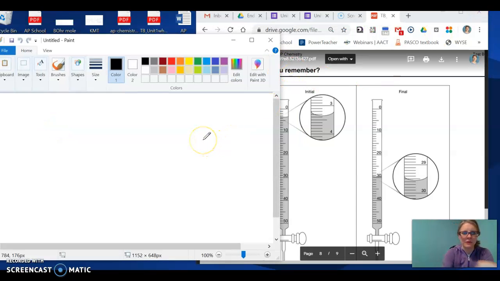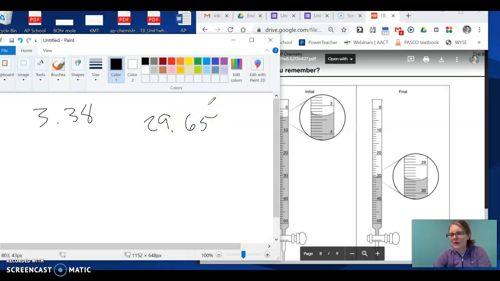Okay, so if I look at the first burette, I'm thinking it's about 3.38 or something like that. The other burette over here, I can see it's at 29 point, not 6, not 7, between, there's 0.65. Now I know that it's 0.6 something because I have a mark for 0.6 and I have a mark for 0.7, so I'm saying it's in between there. So now if I want to subtract the two,